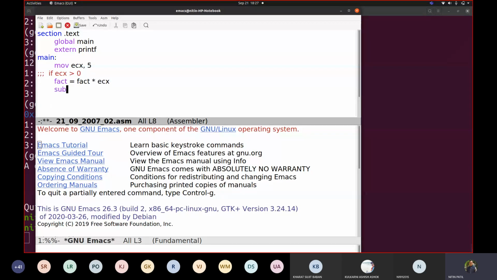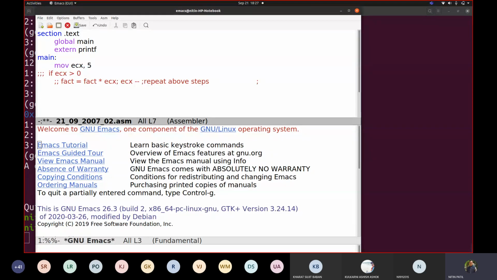Then you write ECX minus minus, and then you repeat the above steps. So this would be your code, correct?